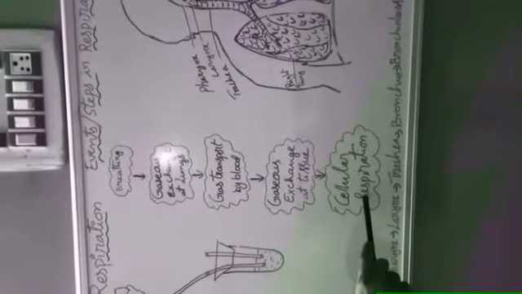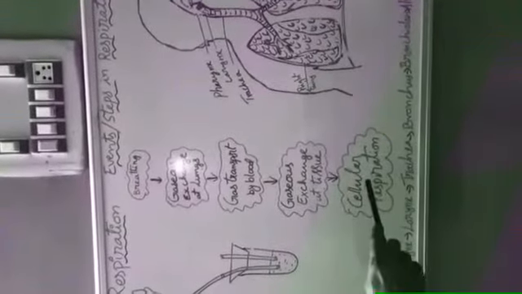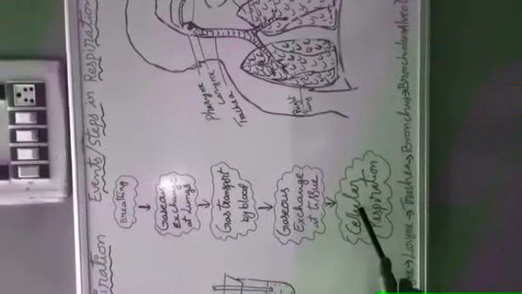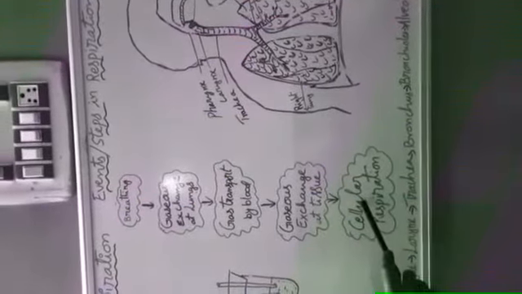The oxygen which has entered the cellular level combines with glucose to release energy. That energy will be utilized for our life activities or metabolic activities, for doing different jobs and all. It is stored in the form of ATP in mitochondria. ATP is called the energy currency and mitochondria is called the powerhouse of the cell.